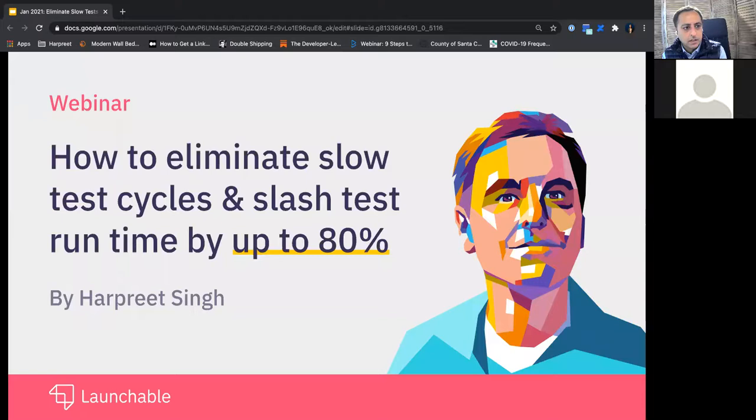I'm Harpreet, co-CEO, co-founder at Launchable, and we'll talk about how to eliminate these test cycles and slash test run times. So the agenda today is